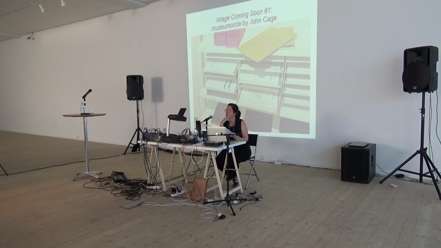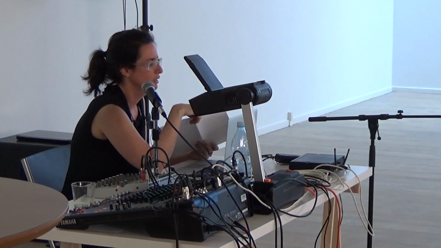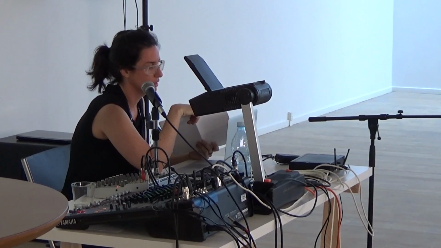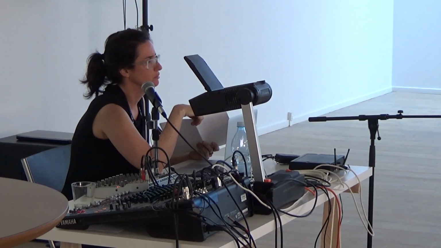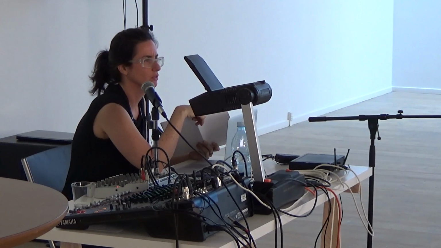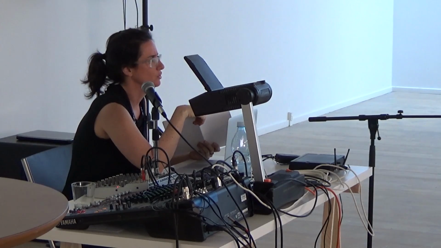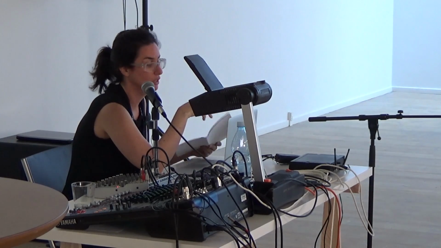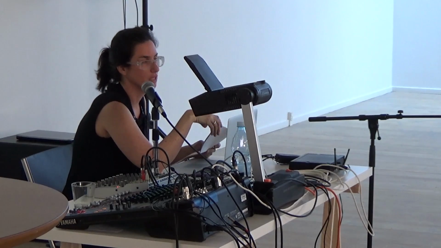So one of the instructions of Museum Circle was actually to include drawers with pieces of ephemera. There's no indication of which pieces of ephemera should be included. I decided to ask the Cage Trust to allow me to present archival material from the actual production process of Rolywholyover, and they were generous enough to let me copy it, and people could actually take it with them.